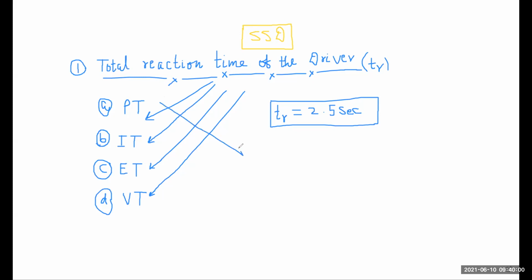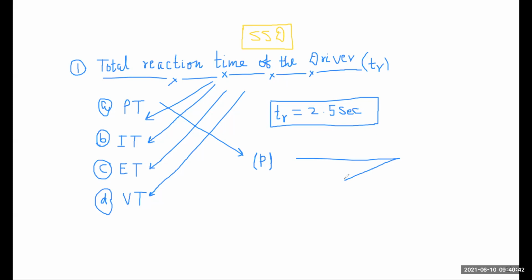Perception time is also written as P. Basically, you all know what perception means. Perception is the time required for the sensation received by the eye or ear of the driver to be transmitted to the brain, through the nervous system and spinal cord. Basically, you see an object, and after seeing it with your eyes, your nervous system or spinal cord gives certain information to your brain, and then your brain starts processing. So the first time is your perception time.